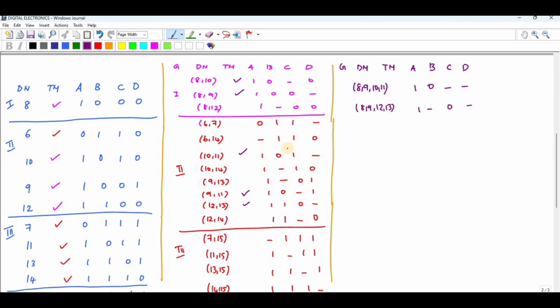8, 10, 12, 14. Okay. So if we check 8, 10 and 12, 14, you will get 1 dash dash 0. Okay,